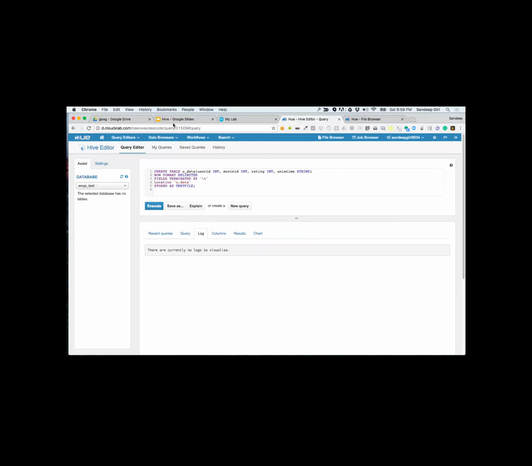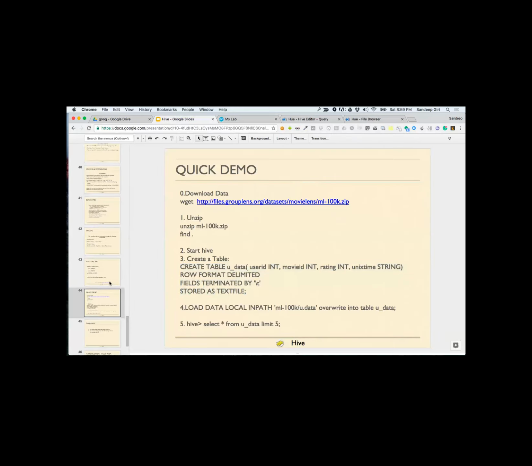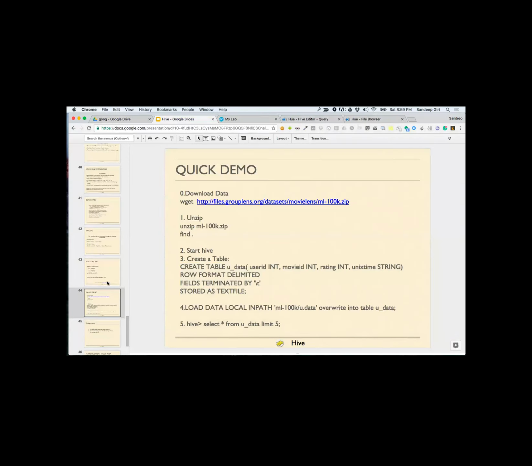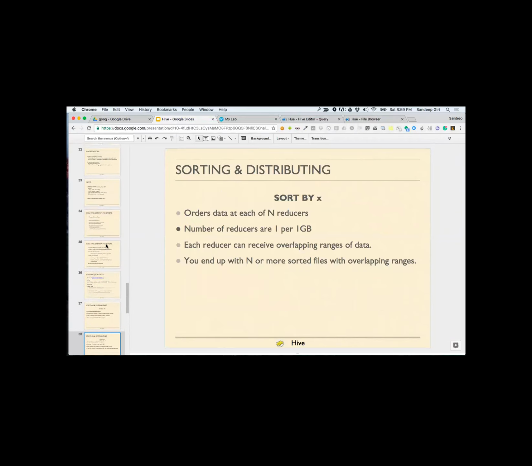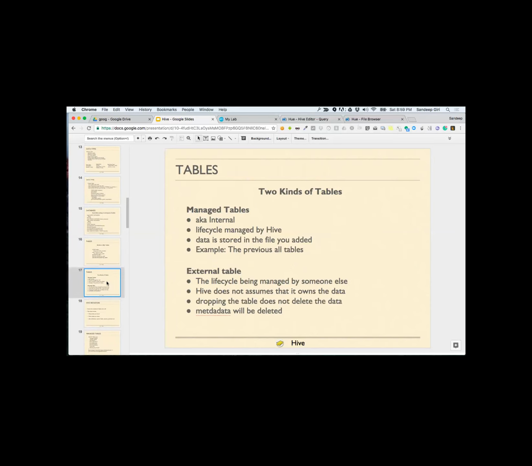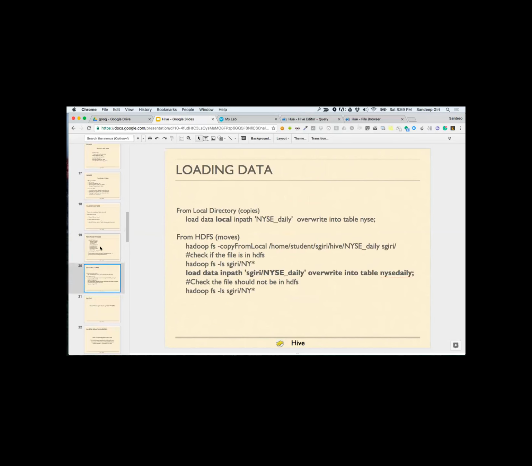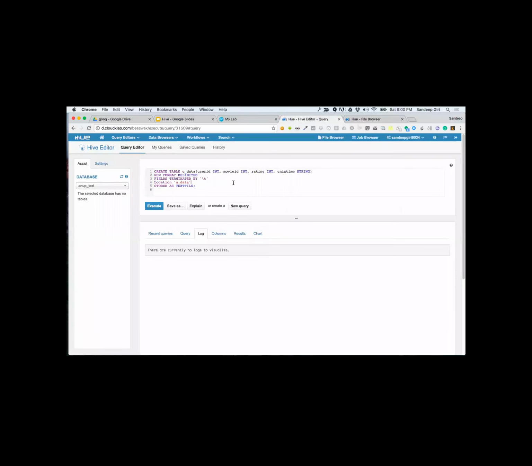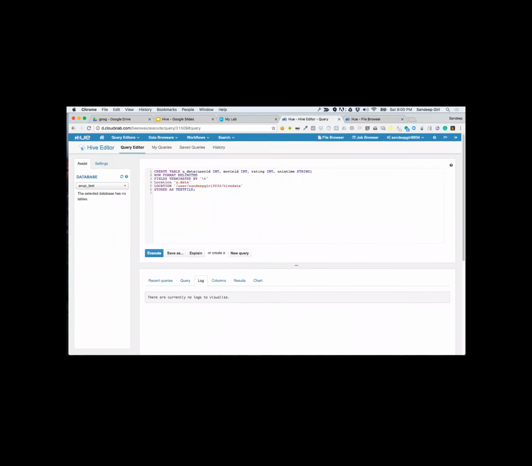Let me just take a look at the exact syntax. This is kind of correct. Just a second.